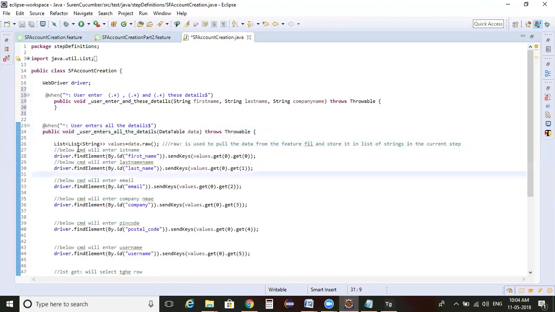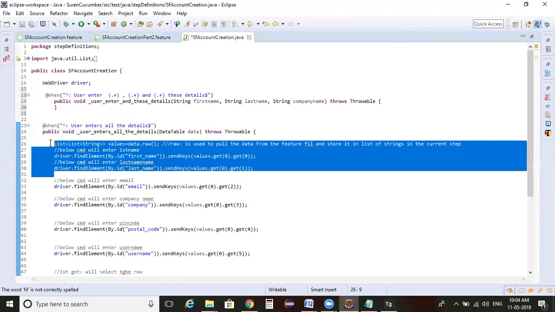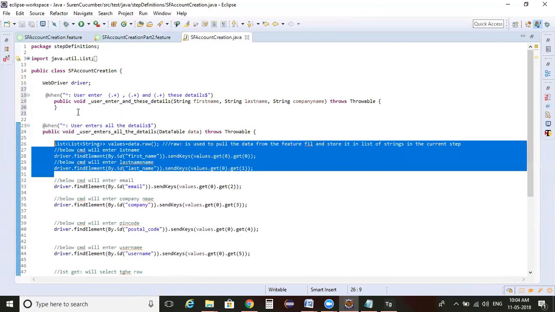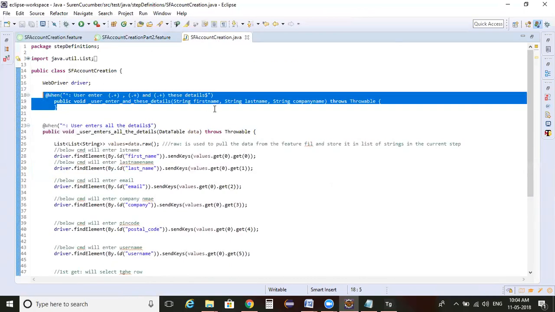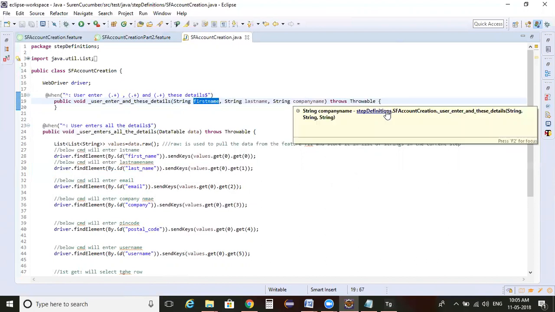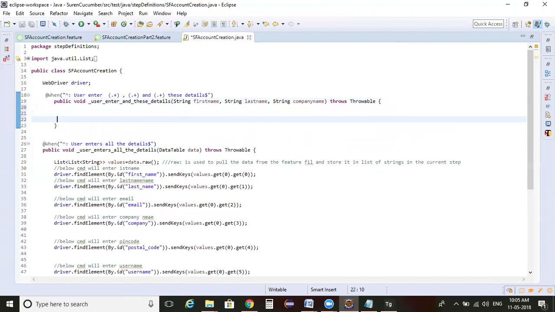From there, we need to pick individual values. Whereas whenever we create variables and pass them, the step definition directly converts them into variables: string first name, string last name, string company name. These are the three different strings which it is pulling.